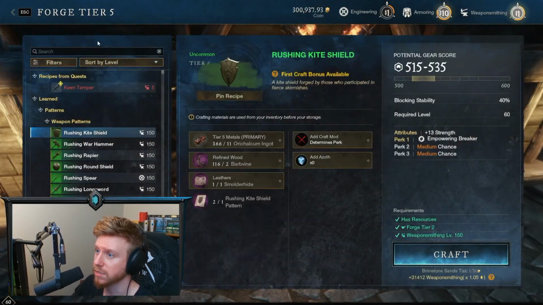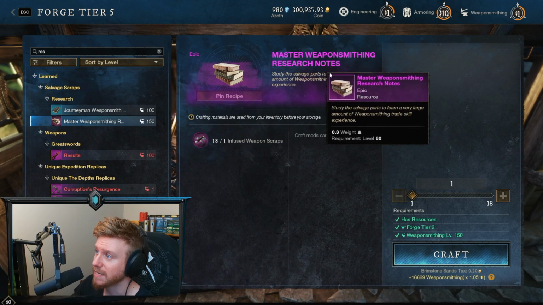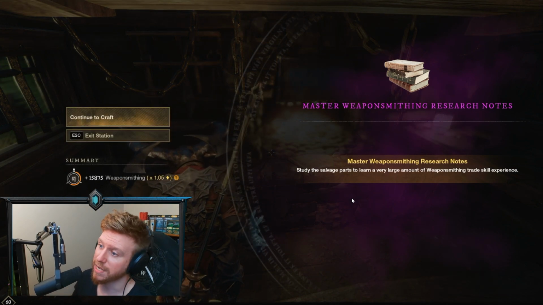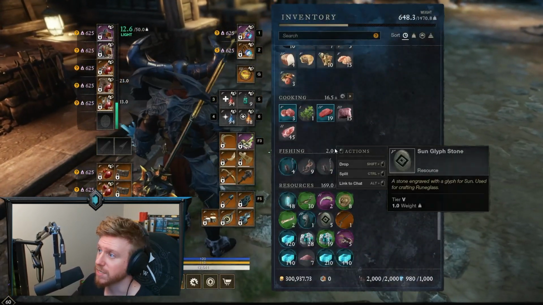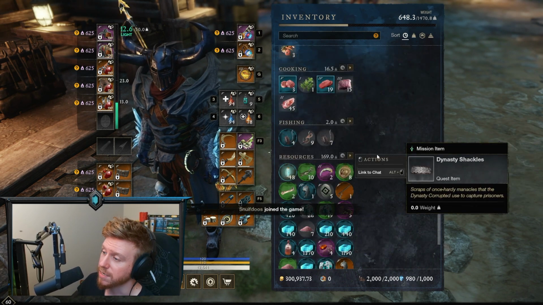There's also research notes that you can make with fragments as well. So you can see we can make master weaponsmithing research notes. If we pop one of these, we'll get a big chunk of weaponsmithing XP as well. So again, if you want to have a sneaky boost on the first day, and they're probably going to limit the amount that you can use of these, you can get that just by salvaging stuff. So if you break armor and weapons down, you get the fragments,